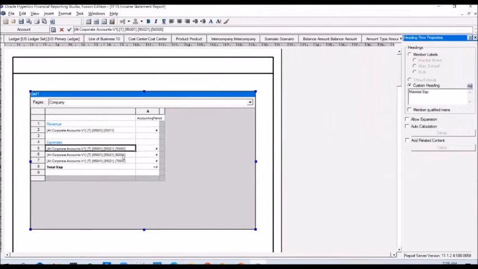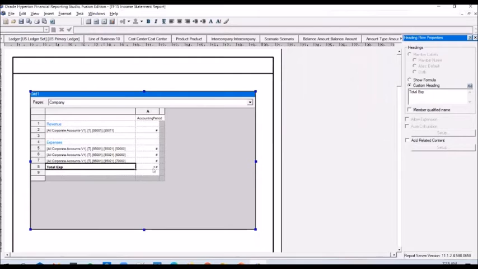And for each of these accounts, even though you're seeing the account number in the report definition, we have given a custom heading. So when the report output is generated, you will see the custom headings, not this 95011 or 50,000 or 60,000. And we've also included a summary row. So we've configured rows now, and let's go to the columns now.